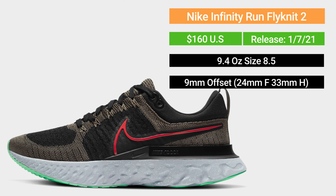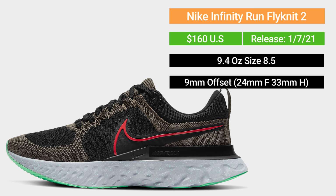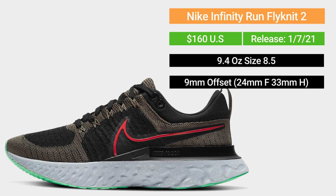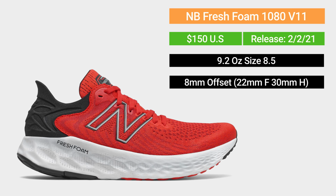So the next category we're going to look at is cost and value. The prices for both of these shoes are very similar. The Nike Infinity Run 2 costs $160, while the New Balance 1080 costs $150. So just a $10 difference. In terms of cost and value, I feel like both of these shoes do exactly what they're intended to do,